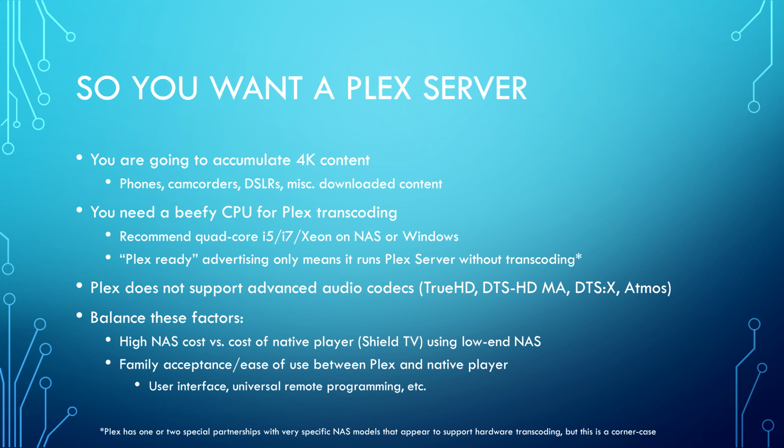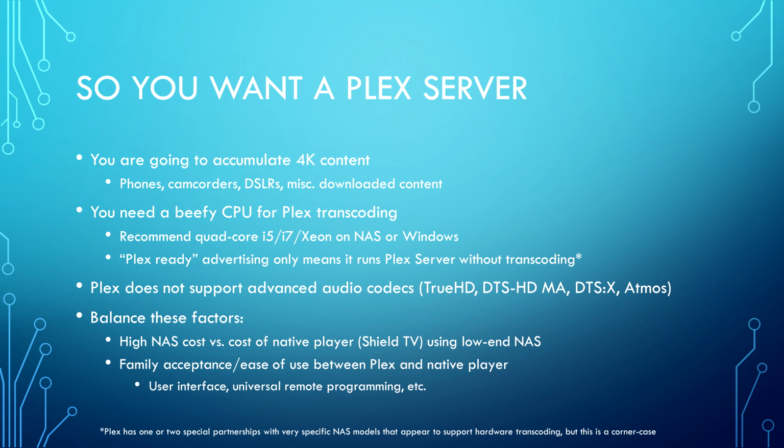Whether your TV supports 4K or not at the moment, you need to have your server spec to be able to transcode 4K if you're running Plex, because even if you don't have it now, you're going to have 4K content sooner or later. And that leads into the beefy CPU discussion. So I mentioned the CPU classes that you really need to run Plex reliably. I think a quad-core i5, i7 or the Xeon equivalent is really the best way to go, because if you